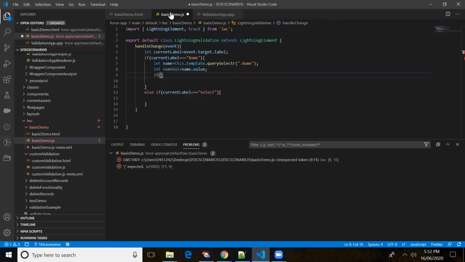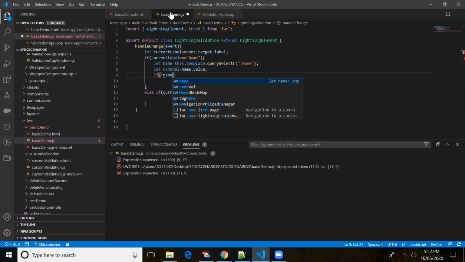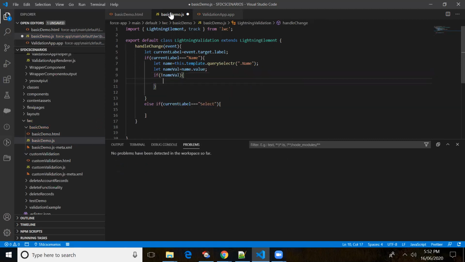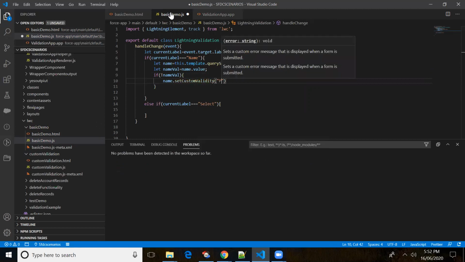If there is no value to the input field, then we'll be setting an inline error message. So I'll be using setCustomValidity, right? Please enter the name.